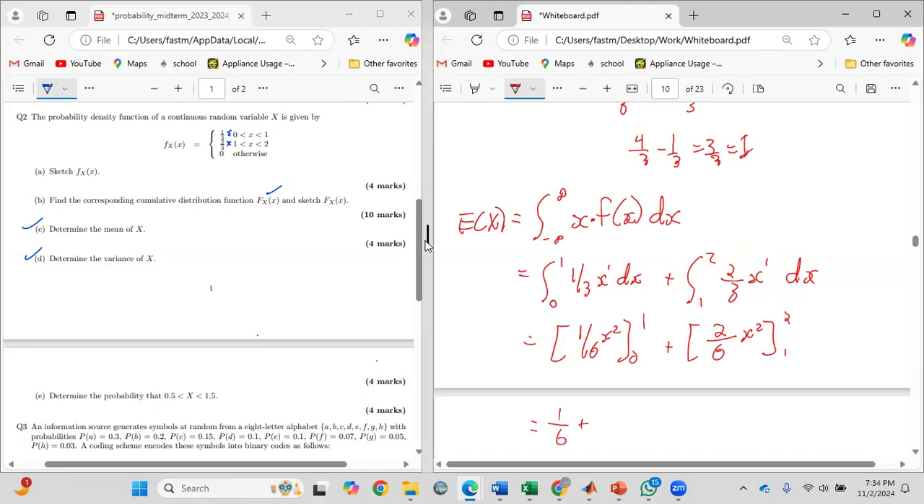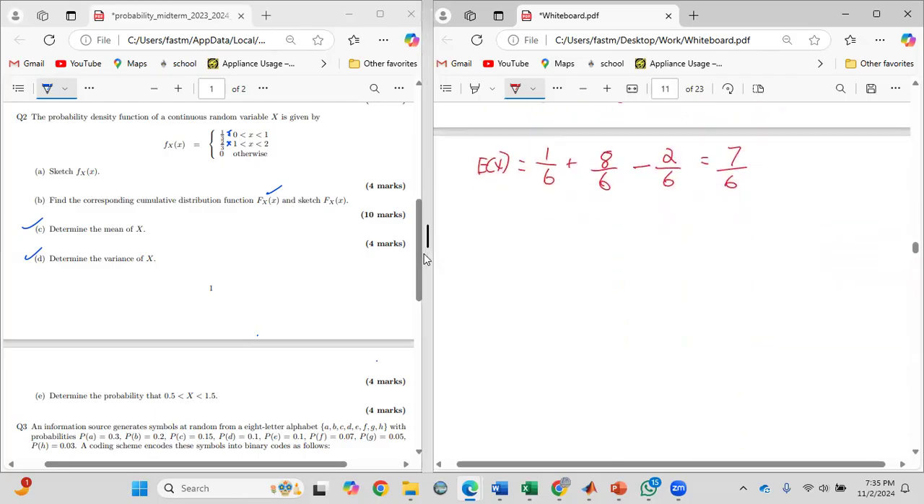Plug in 0, you get 0, so it'll be minus 0, but I'm not just going to skip it. Plus, and then for this piece here, 2 squared is 4, 4 over 2 is 8 over 3. Then you subtract. Plug 1 into this, 1 squared is 1, 2 over 2 is 1, so you subtract 2 over 6. All in all, 8 plus 1 is 9, 9 minus 2 is 7 over 6. And that's the expectation. And the variance